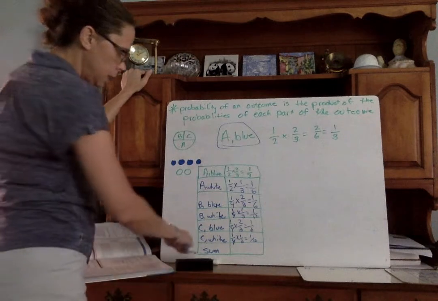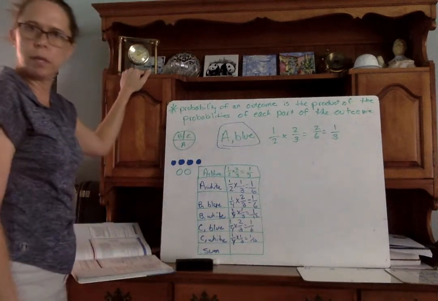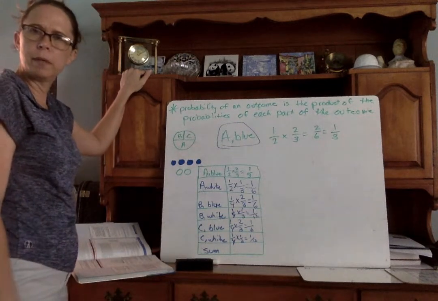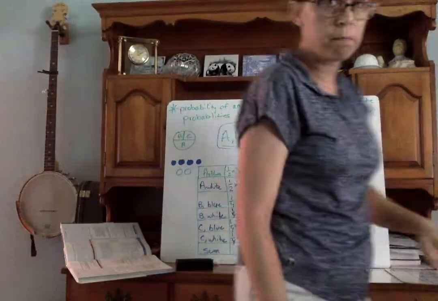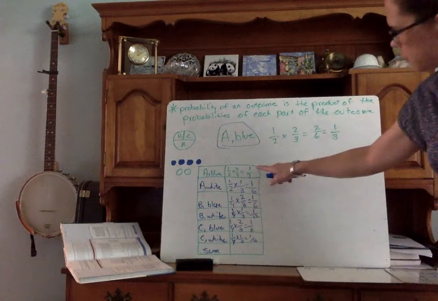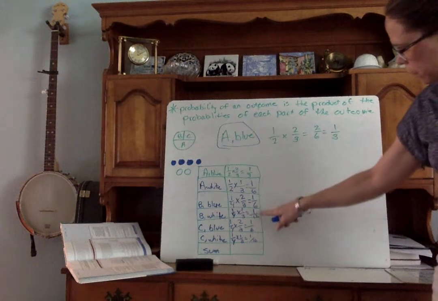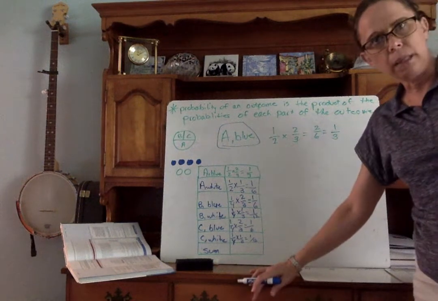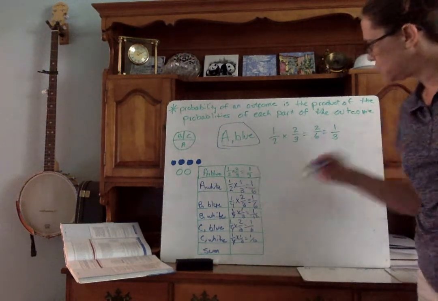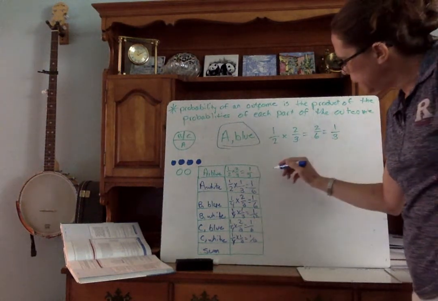Now the last row says sum of all the possibilities. That means we need to add all the possibilities. So this is a third, a sixth, a sixth, a 12th, a sixth, and a 12th. If I'm going to add all these fractions, I need a common denominator, right? So let's make them all into 12ths. 1/3 is